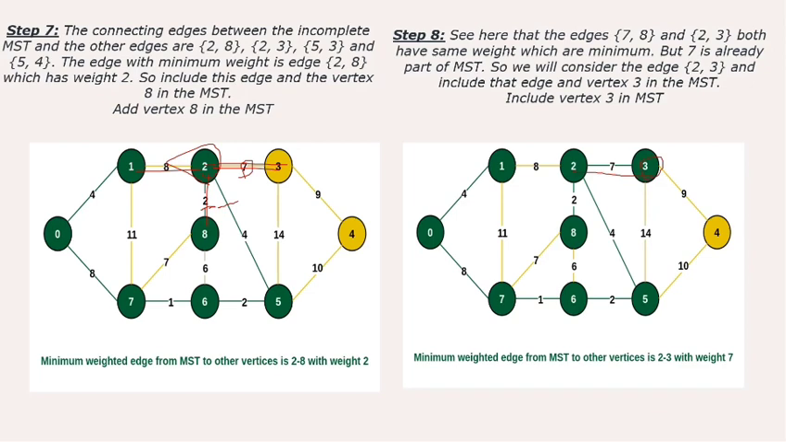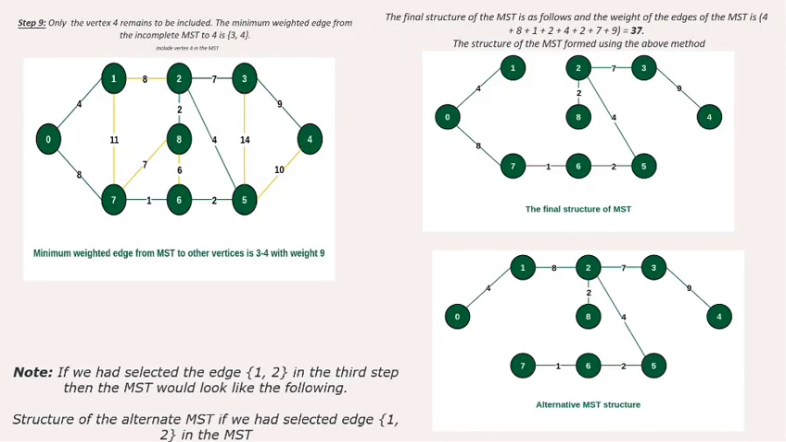Next, 3 has ways to go to 5, to 4 and to 2. 5 is already visited, so we can leave this part, and between the 9 and 4 weights, vertex 4 remains to be included with the lesser weight of 9. So the final thing is,